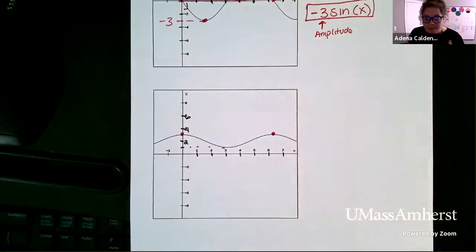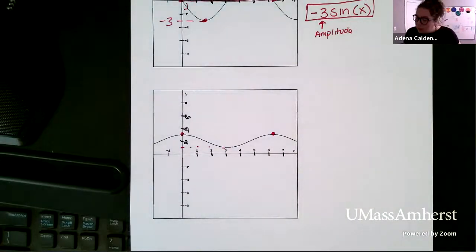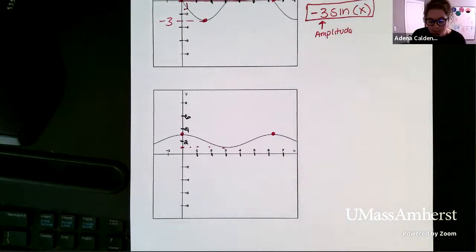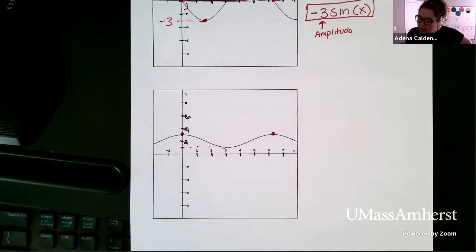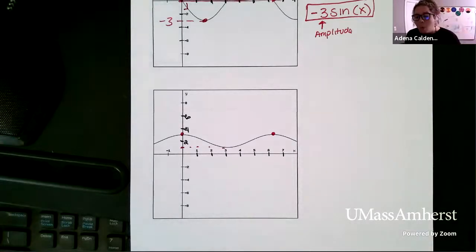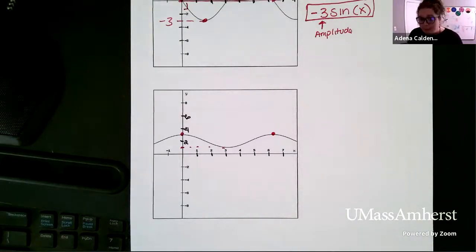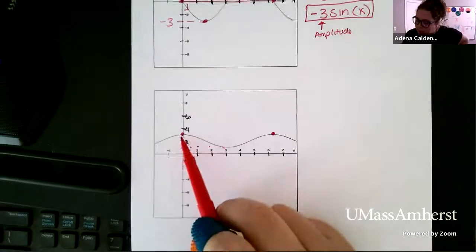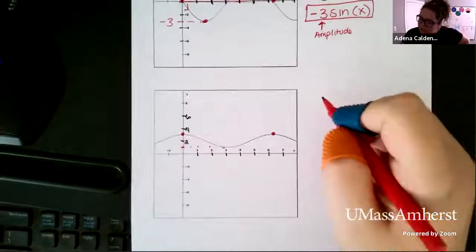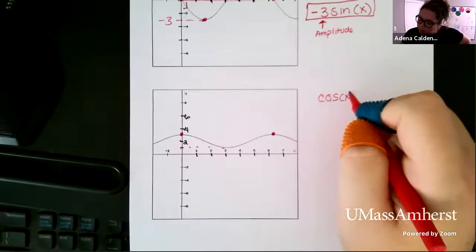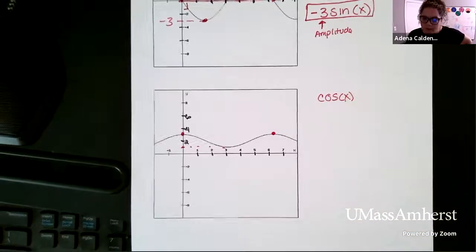All right, so let's talk about figuring this one out. So again, I encourage you by starting to think about whether it's sine or cosine. One of the key markers here is if your function starts at a maximum or a minimum, it's going to be some version of cosine. If it starts at a maximum, it's regular cosine. If it starts at a minimum, it's negative cosine. So here we can see at 0, our function starts at a max value. So I'm going to have cosine here is the structure that I'm building.